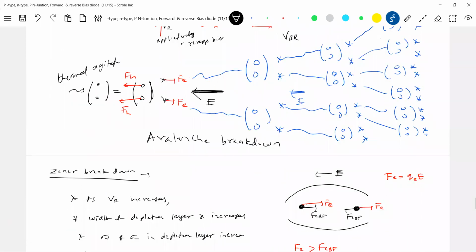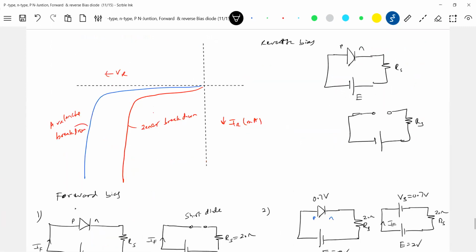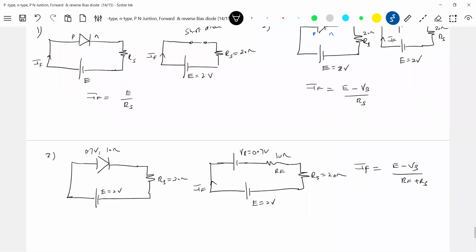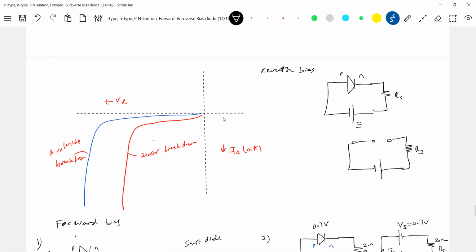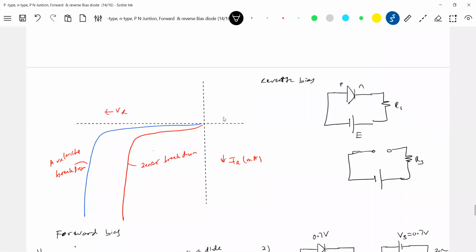Now when it is reverse bias, what will happen? Will there be any current? Yes, there will be a reverse saturation current flowing here. And the total current is due to what? Due to I drift minus I diffusion, the difference of the two. Even so, the diffusion current will be very small, so you can neglect it and take only the minority carriers.